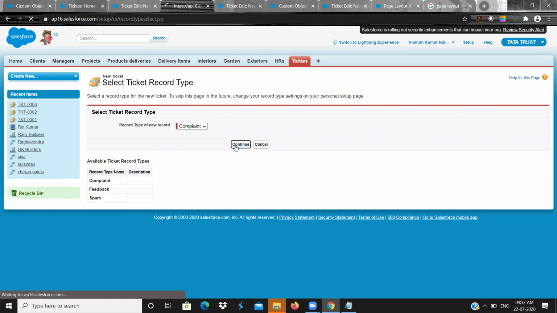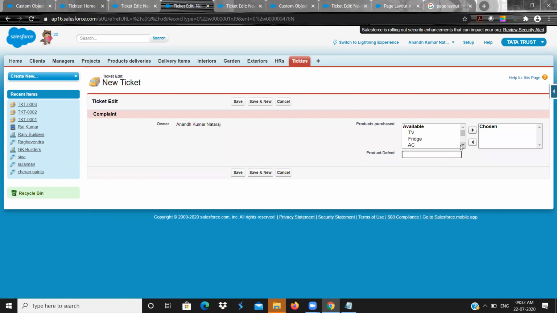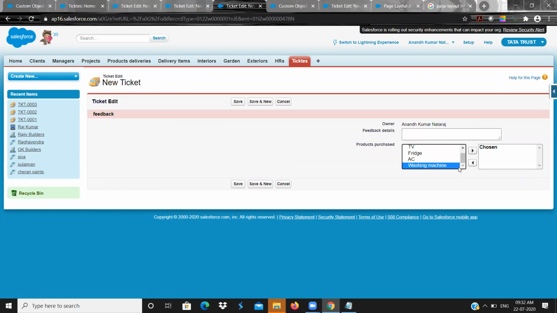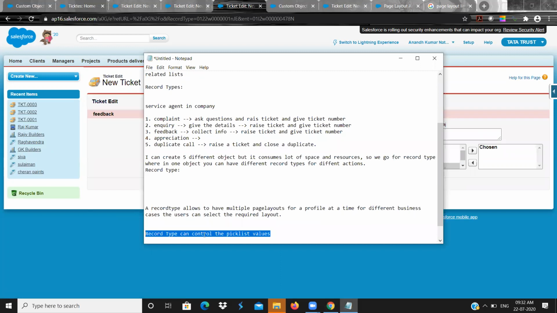For complaint, you will have all the pick list values. But in the feedback ticket record type, you will have only a few. So in the record type, I can control the pick list values, based on business requirements. So that is one very important thing that you should know.